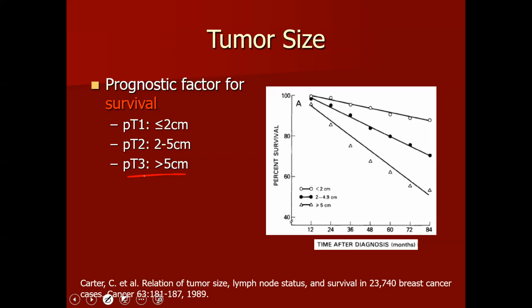And the chart on the right, it's an old chart. I'm not sure that the numbers exactly are accurate. There may be a difference in survival if you were to look at a particular point on this graph. However, what I'm trying to highlight here is that the slopes of these curves vary based on size. This upper curve represents what happens when it's less than 2 centimeters, in which case the prognosis is fairly good. And then it gets worse and worse as we increase the tumor size. And so this is the main way by which we gauge the T criteria or the T parameter in the